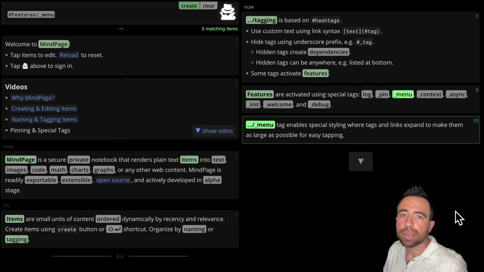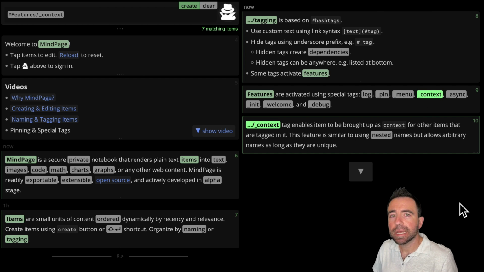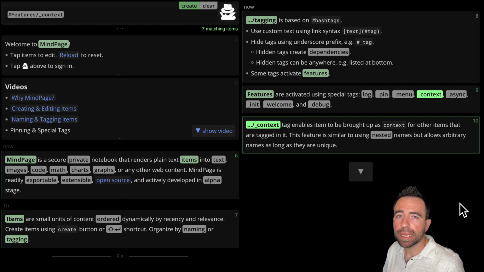Lastly, for this video, we have the _context tag, which enables an item to be brought up as context for any items that are tagged in it. This is similar to using nested names, which we saw in the previous video, but works regardless of how the items are named. For example, we see several items above here that are only visible because they contain the _context